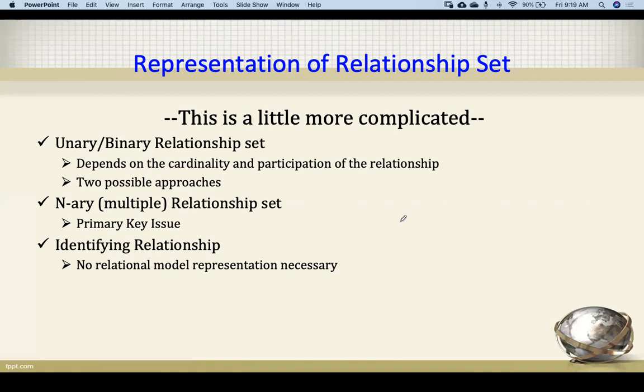Then there is an identifying relationship, to know a relational model representation necessary for identifying the relationship. Now let's talk about these two, binary and n-ary relationships.